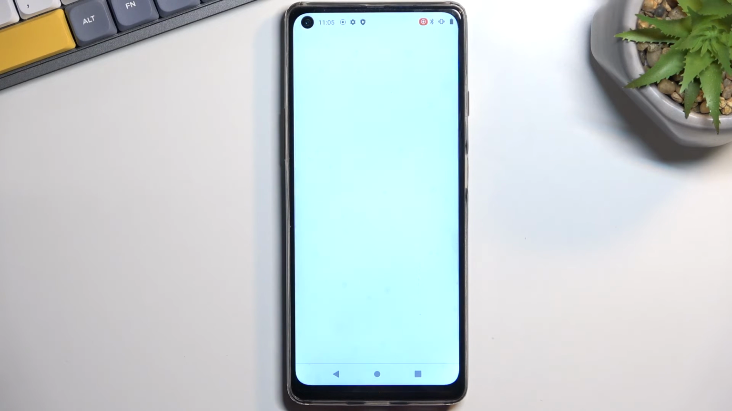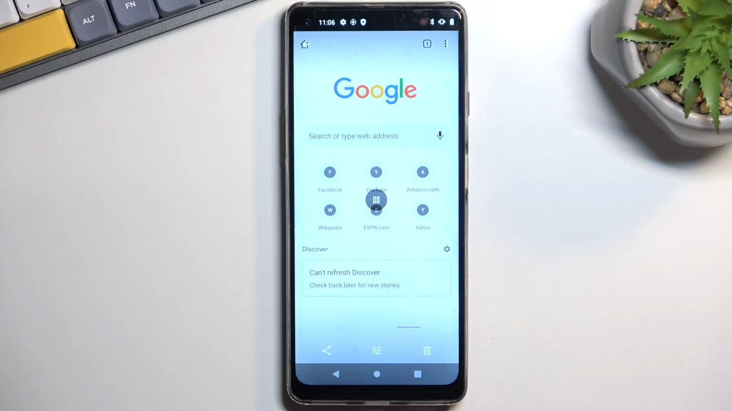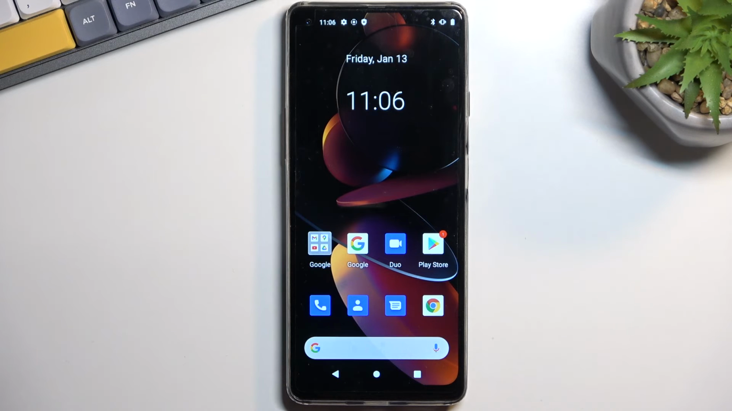So anyway, this is how you can record your screen on this phone, and if you found this very helpful,